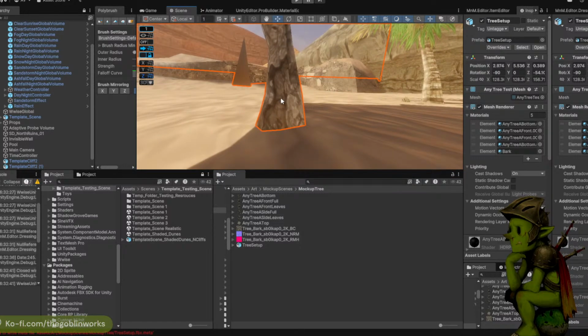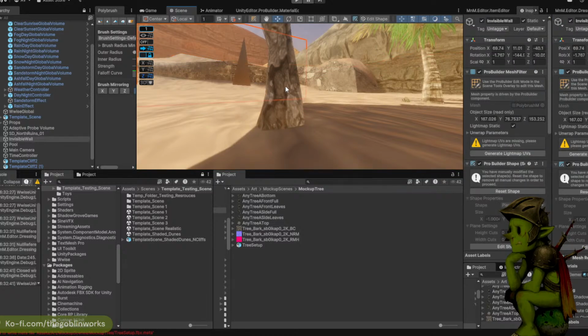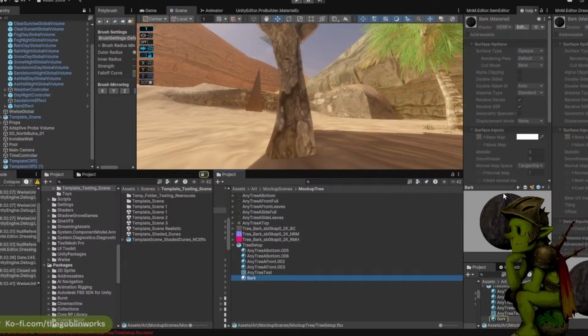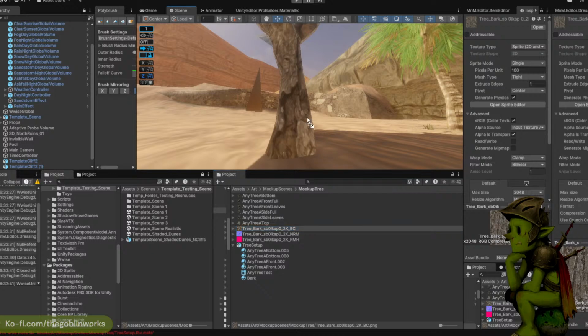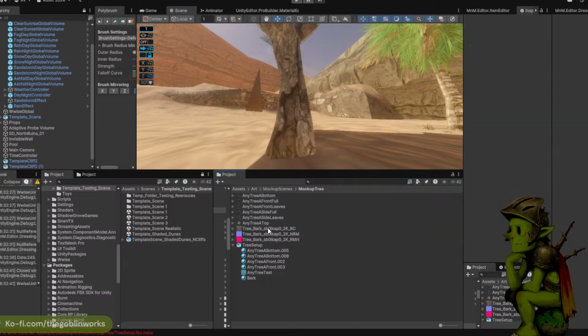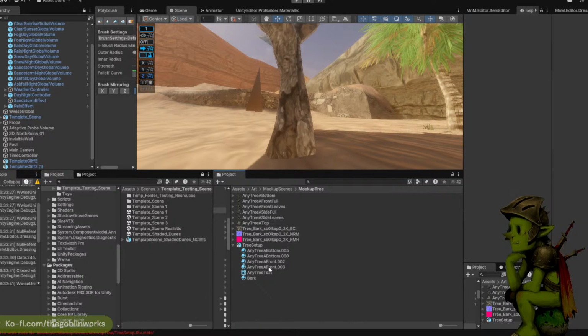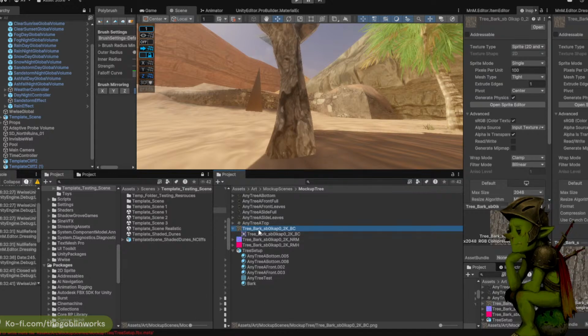And then I'm going to take this tree and the bark. I think we need to scale it up twice because the shader doesn't know to do that. So